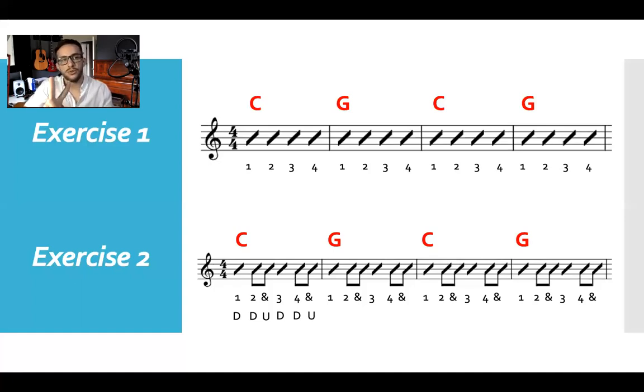Now I'm going to do exercise 2 with the chord changes, both C and G. Here we go. 1, 2, 3, and. Okay? The same cheat that we did in the first exercise, we're going to do it now in the second. On the fourth beat, we start changing. Okay? So we're going to do the same thing right now, like this. Check this out. 1, 2, and 3, 4, and 1, 2, and 3, 4, and 1, 2,